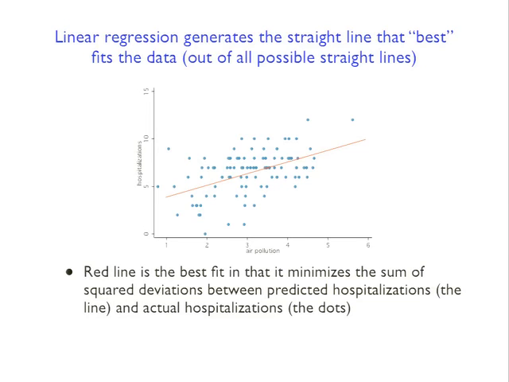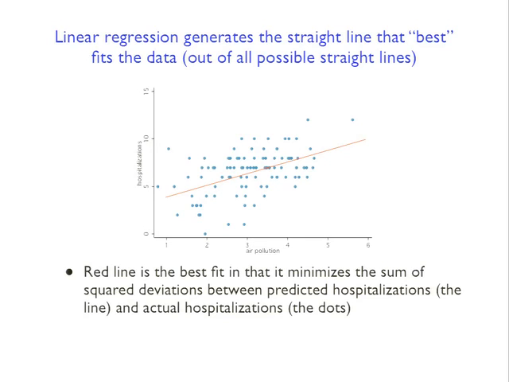So like over here, you can see that the difference between the predicted number of hospitalizations, which is given by the line, and the actual number of hospitalizations observed on that day, given the air pollution levels were right here, is pretty large. So we kind of over-predicted that day. And then over here, there's another large deviation. So we predicted, given that x was, say, equal to 1 here, we predicted that y would be this value. But in fact, on that day, we observed y that was maybe twice as large. So again, there's a large deviation there.